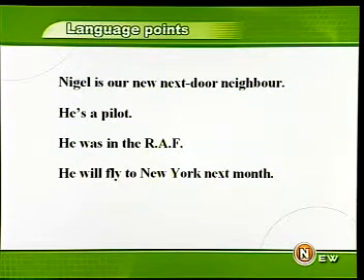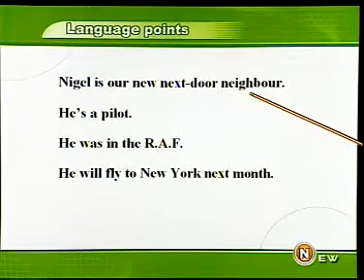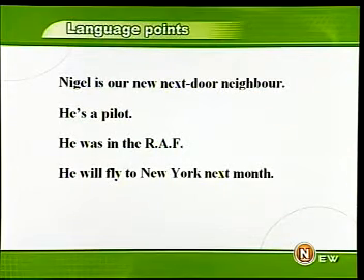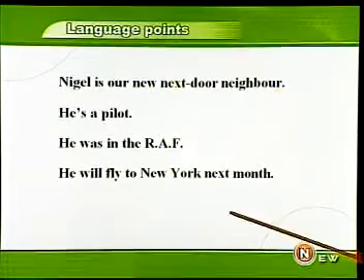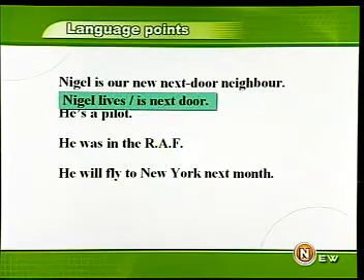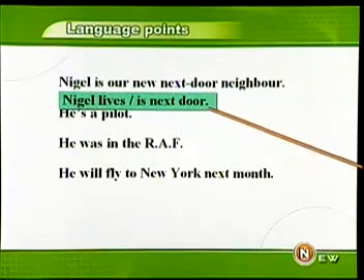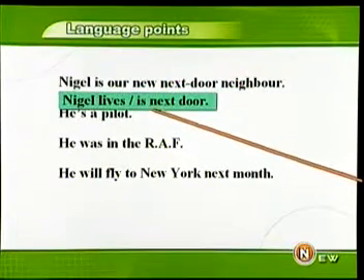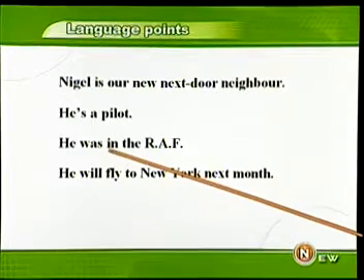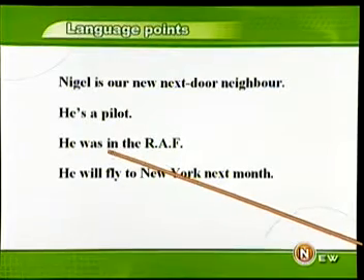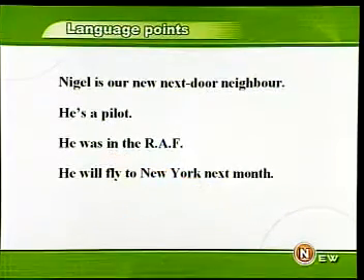Nigel 是我们新搬来的隔壁邻居。Next-door neighbor，隔壁邻居。请大家注意，在美语的拼写中，neighbor 这个词是没有字母 u 的。那么如何说 Nigel 就住在隔壁呢？Nigel lives next door，或者 Nigel is next door。The RAF 也就是 The Royal Air Force 英国皇家空军，他曾经在英国的皇家空军任职。曾经是说过去的事情，所以动词用了 was。